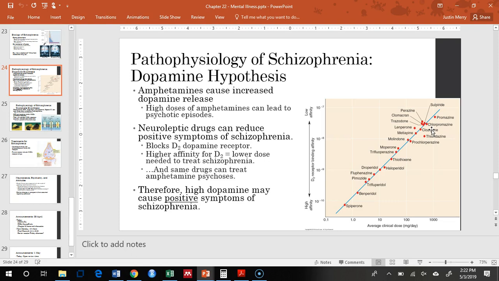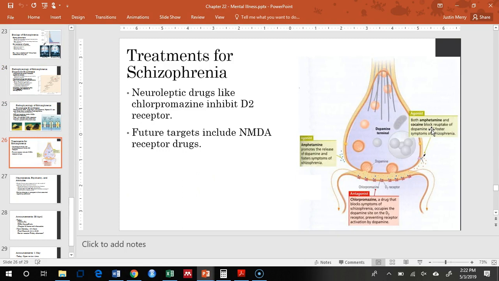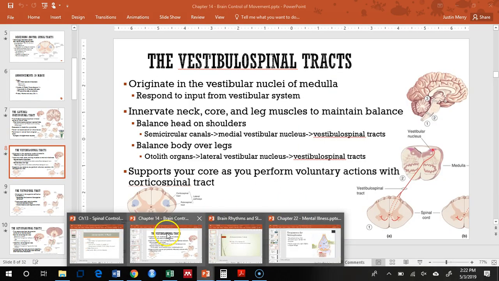And I guess that also bridges into that homework question, because I don't know if it specifically referenced one drug, but a lot of these neuroleptic drugs lead to movement disorders. And the reason for that is that you're blocking these dopamine receptors, and if too many of them are blocked, you're sort of inducing Parkinson's on a person, at least on a temporary basis, because you're blocking their dopamine transmission, and therefore they can't start the motor loop, just like we talked about back in chapter 14